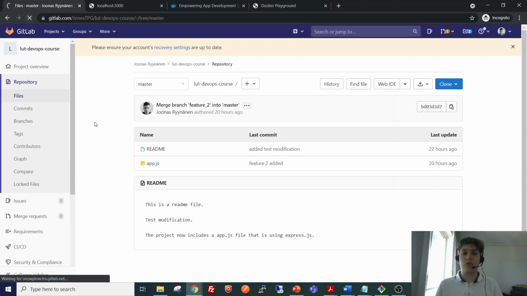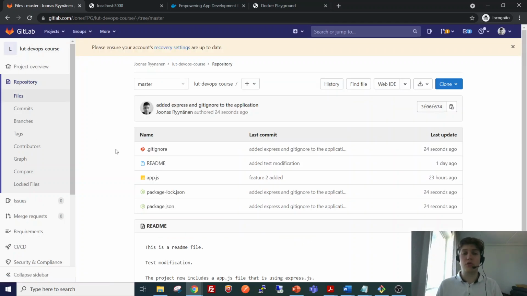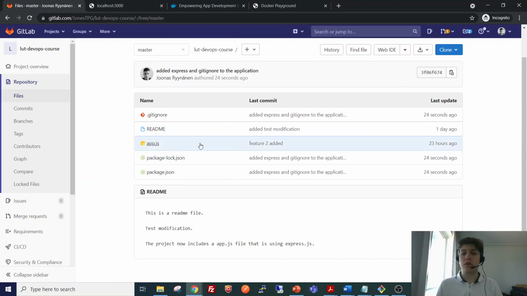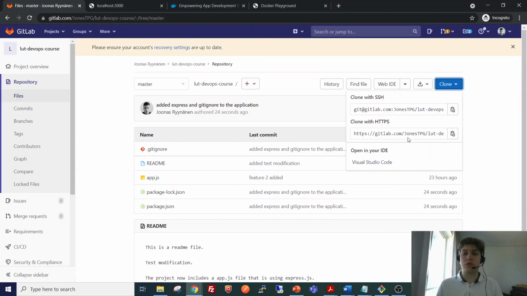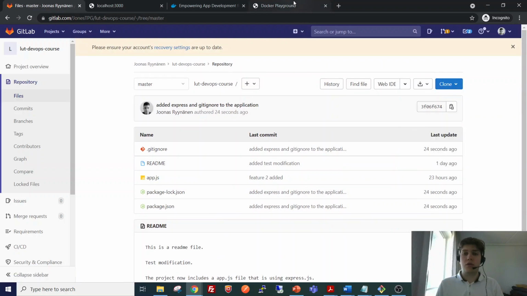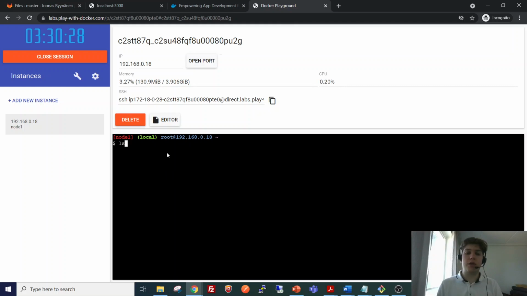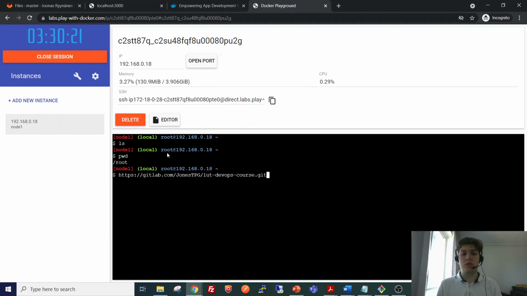So when we first go to the remote repository, we can see that the commit that we just made appeared here. Now let's go ahead and clone this application to the Docker playground. So let's see.